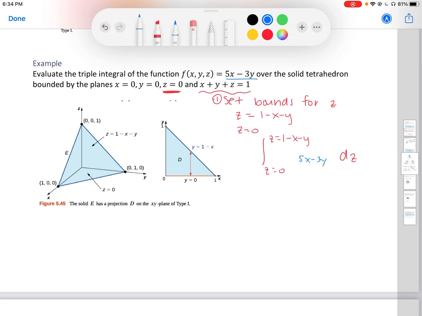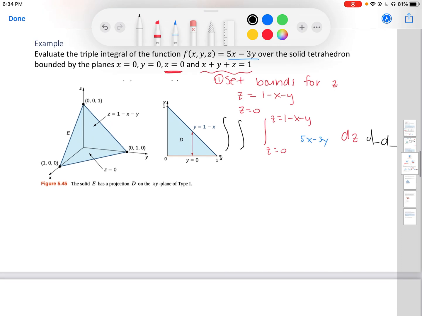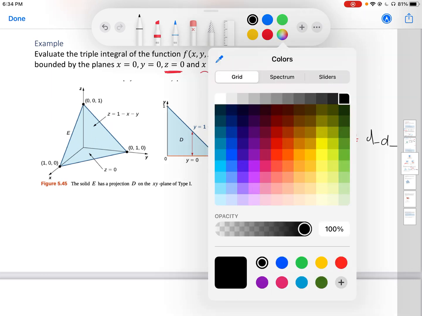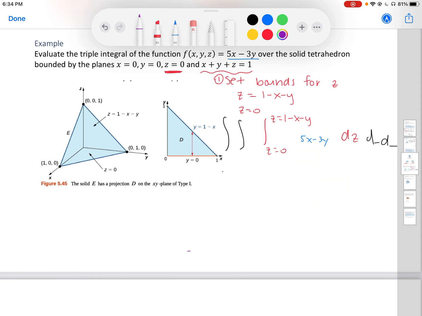Okay, but we're not done. We're still left to integrate in terms of x or y. Now from here, since we already set up z, next would be to make that variable that you set up first, in this case it's z, make that variable 0. So now let z equal 0